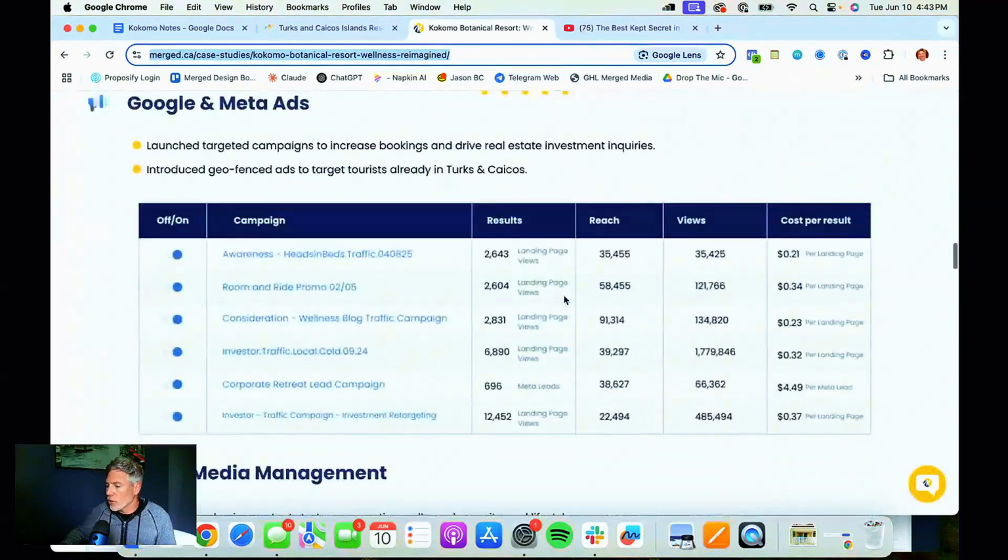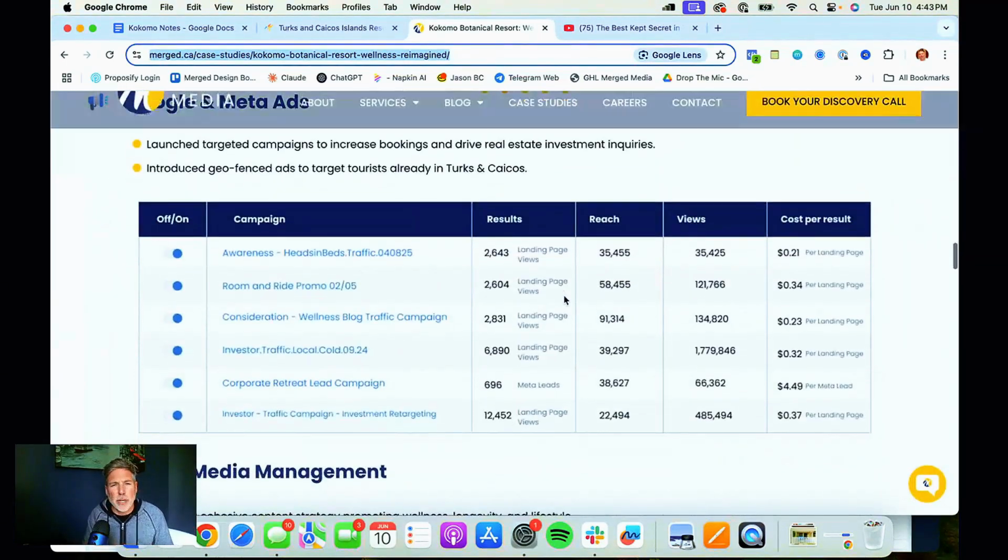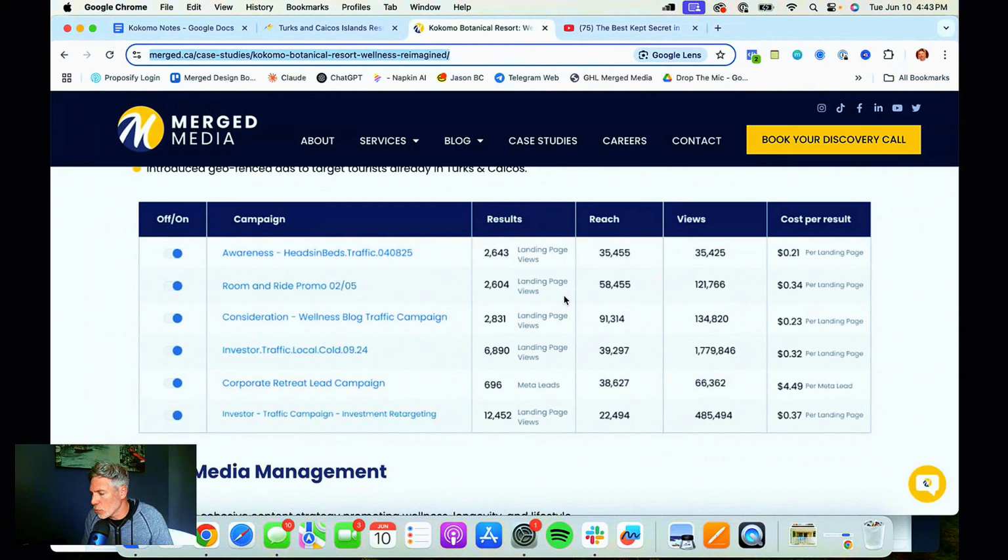You see here some of the Google and Meta ad campaigns we're running. There are so many different ones that we're running for heads and beds. We have promos that are happening all the time, like Room and Ride, where you get a free car rental when you stay at the resort, when you opt in through this specific campaign. We'll have a lot of blogs that go out on a regular basis as part of the SEO, and we're giving more traffic to those blogs through our paid ads because they're actually really good articles